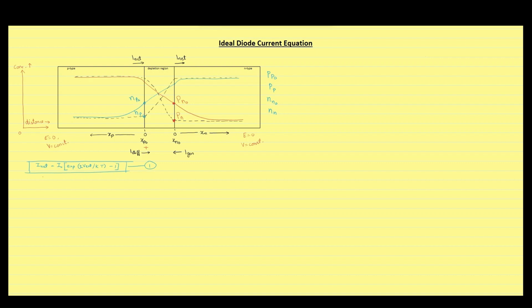We have a formula which says the hole concentration in the p-type region is equal to the hole concentration in the n-type region multiplied by exponential q into V naught divided by kT. We have already derived this. Similarly, we can write Pp naught is equal to V external represents the forward biased external voltage. These two equations are sometimes referred to as the law of junctions. If we divide these two equations, then we will get